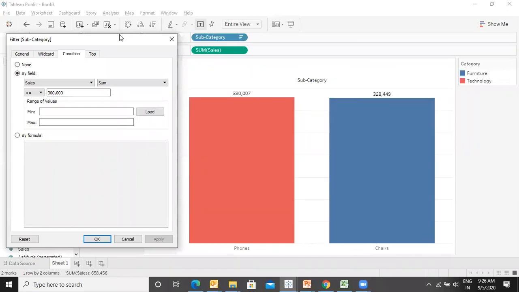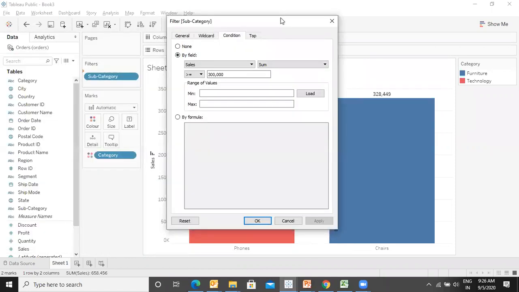Now suppose I want to give a range. I want all those subcategories where the sum of sales is between 200,000 and 300,000. Okay, sum of sales is, now I have to give two values. Now this thing cannot be done in this manner. So for this I have to write a formula.